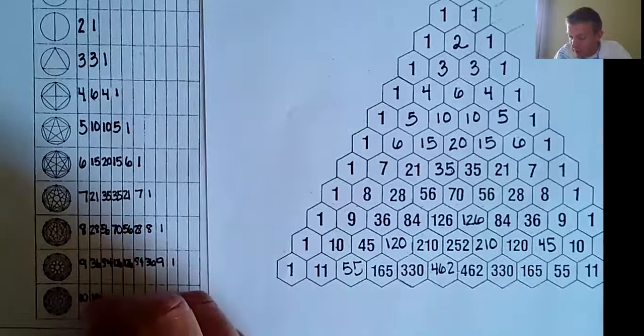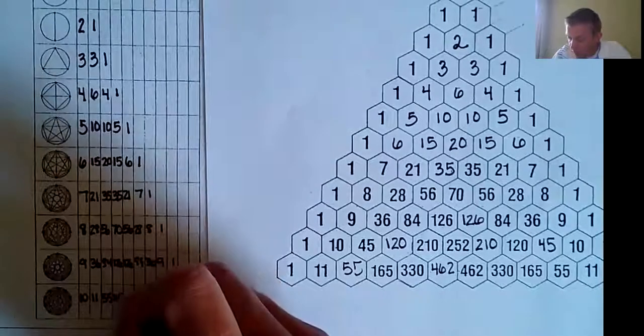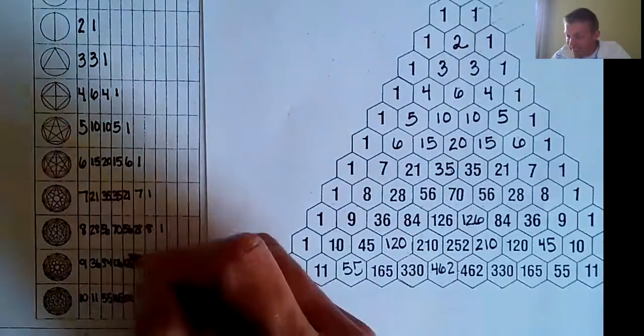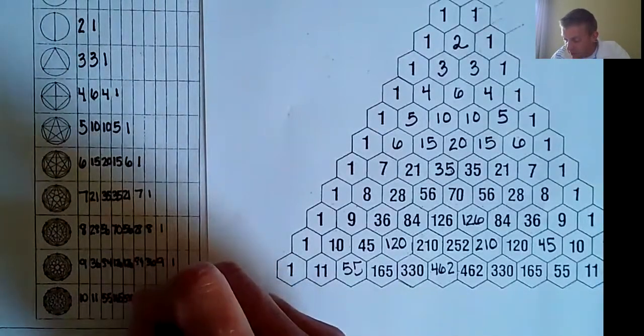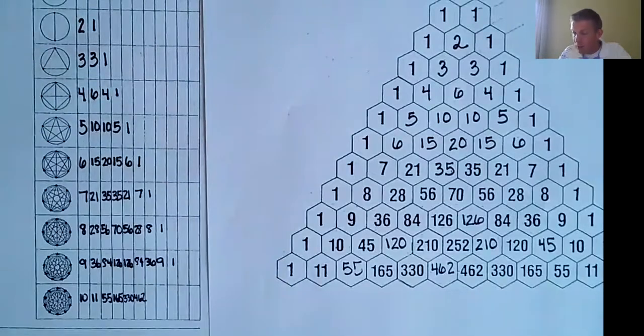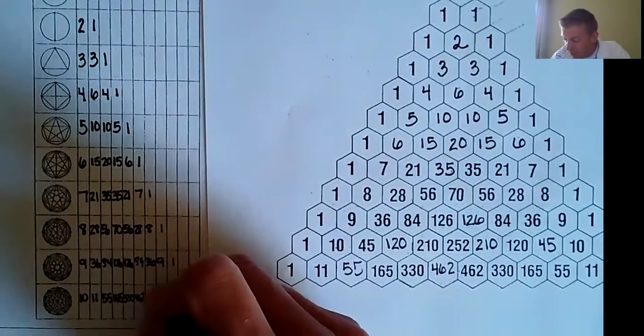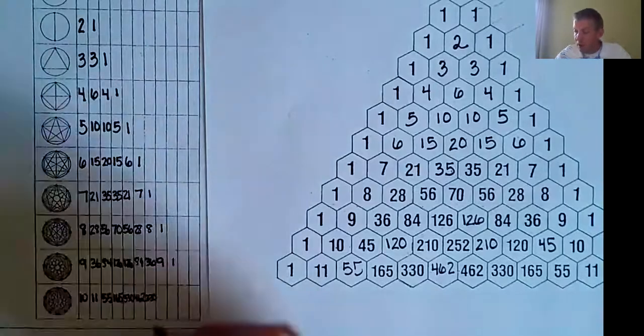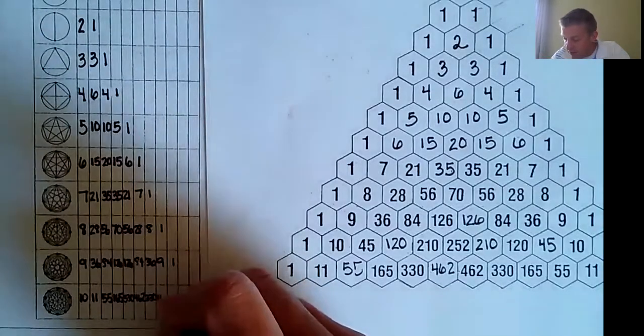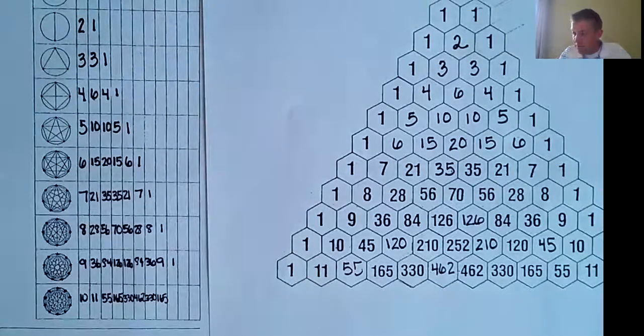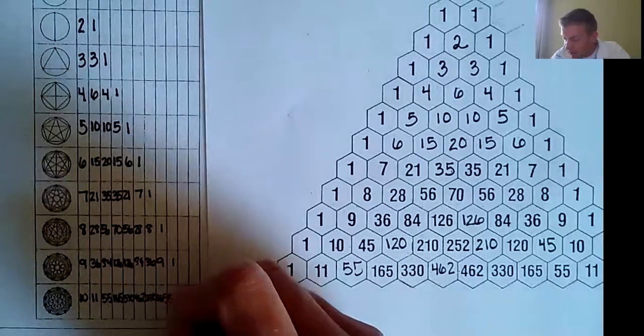It would be 11 line segments, 55 triangles, 165 quadrilaterals, 330 pentagons, 462 hexagons, 330 heptagons, which is 7-sided figures, 165 octagons, 55 nonagons,